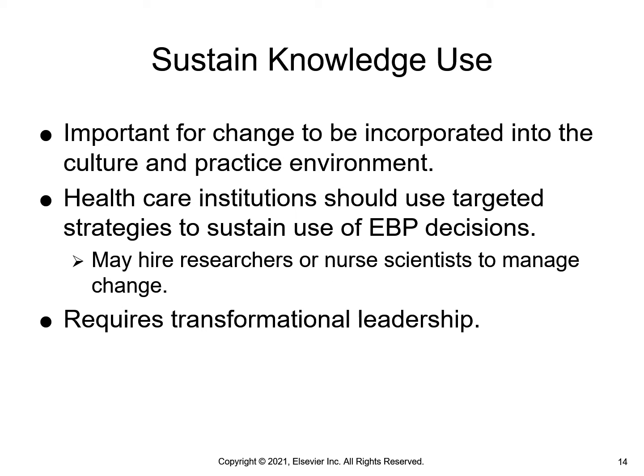In order for us to be able to use this knowledge that we have acquired all the time, it's going to take great leadership. Okay, transformational leadership. These people believe in what they're doing. They're very transparent, so you can understand them. They don't look at leadership as autocratic. They have committees. They listen to their people. They take surveys. So we have to have a specific leadership so that the research we're using can be sustained